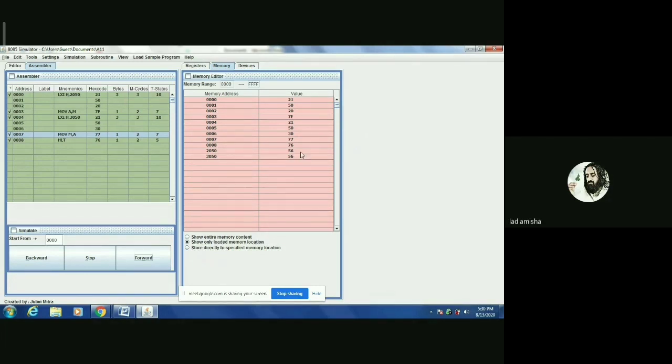We gave the input 56H at 2050H, and we get this input as output at the 3050H memory address. The end of the program is HLT, so our program ends. This is this type of programming in the 8085 microprocessor. Thank you.